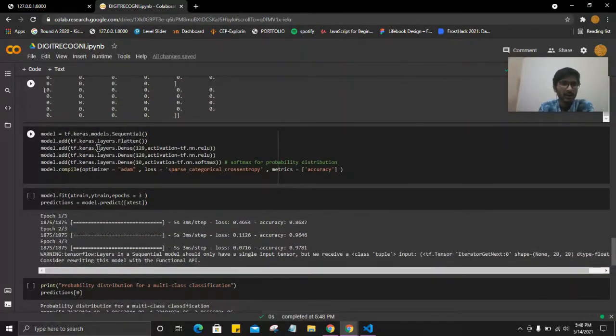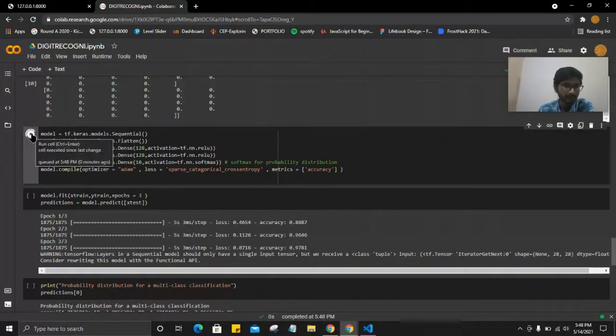Now you can see I'm defining some of the layers. This is the part of neural networks. This is the first layer, then second layer, then third layer, fourth layer, fifth layer. So I am defining all these layers. Layer size you can see here 128, then 128, then again 10. So this shows the density.